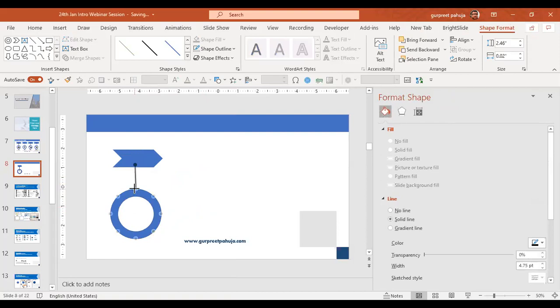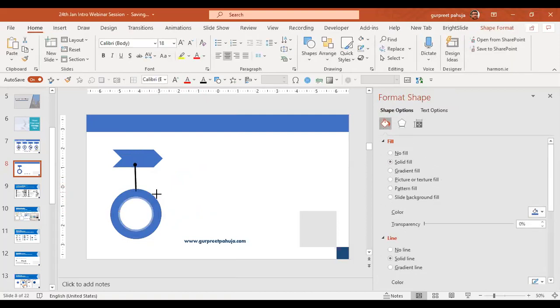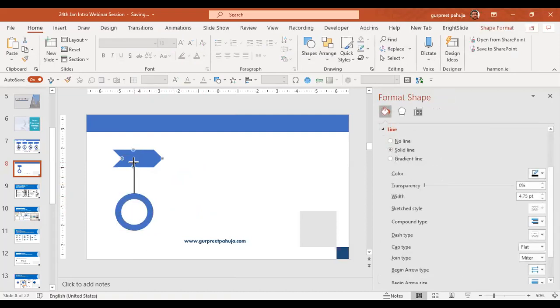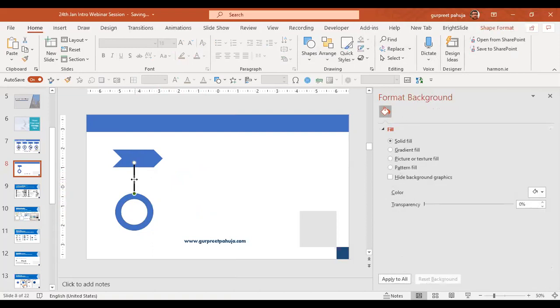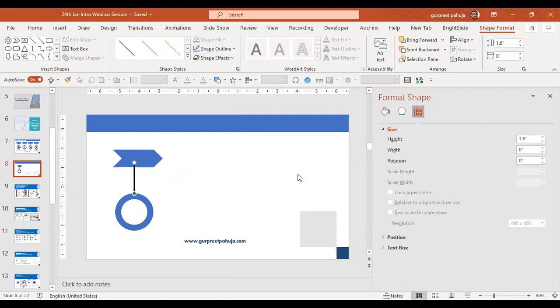If I press Shift, it will come straight. I will reduce this size also. It's looking big compared to ours. I think this is again distorted. Let us see this angle if there is some issue. No, this is 0 degree.